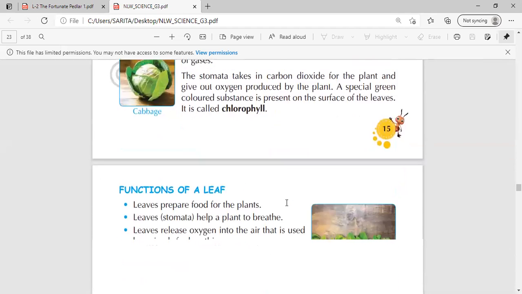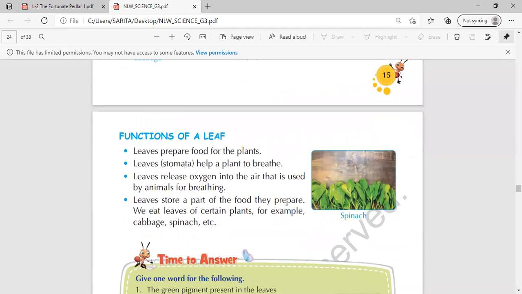So what are the functions of a leaf? What do leaves do for the plant? Number 1, leaves prepare food for the plants. Number 2, leaves, through stomata, help a plant to breathe in the air. Number 3, leaves release, that means they give out,